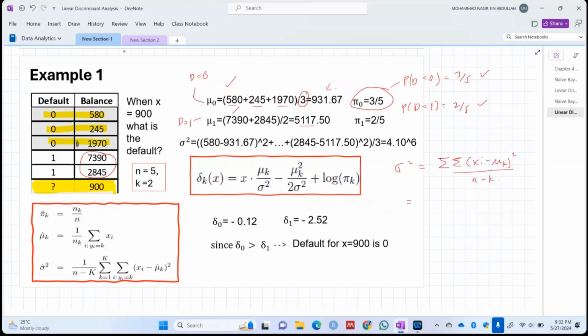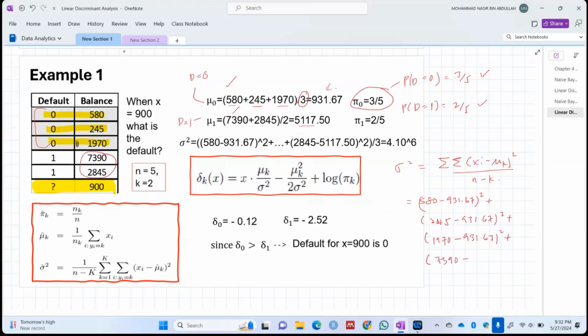In this case, we take 580 minus the mean for d equal to 0, 931.67, squared, plus 245 minus 931.67 squared, plus 1970 minus 931.67 squared, plus